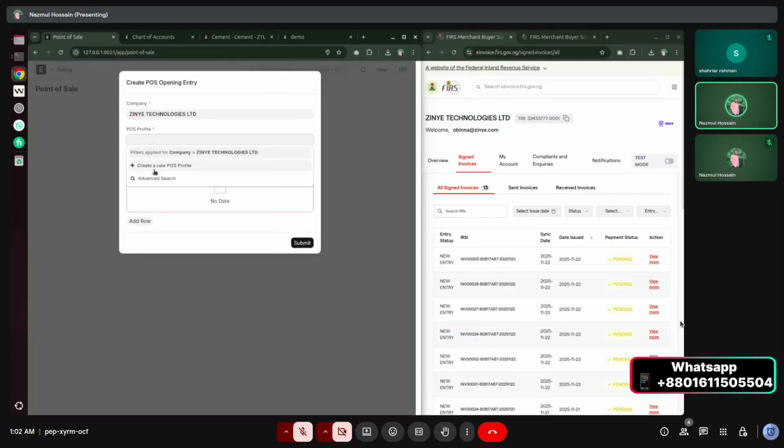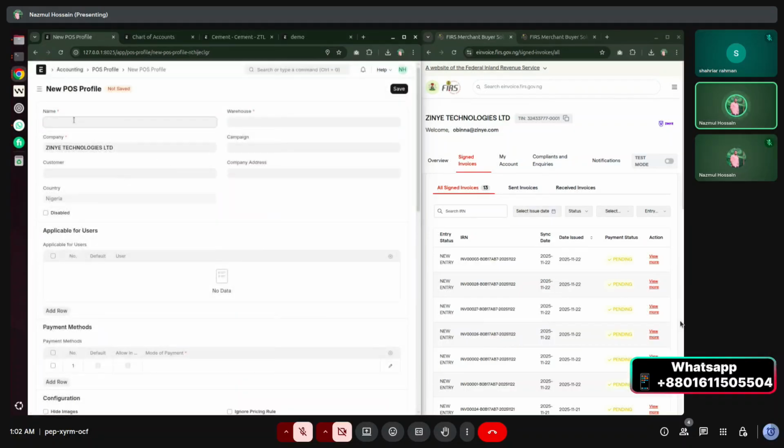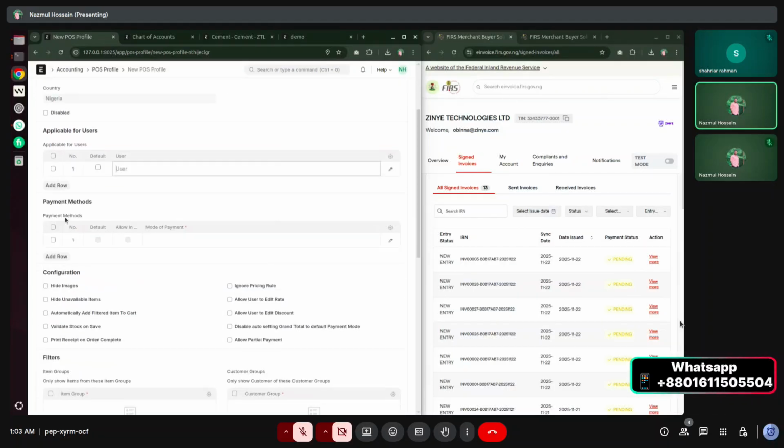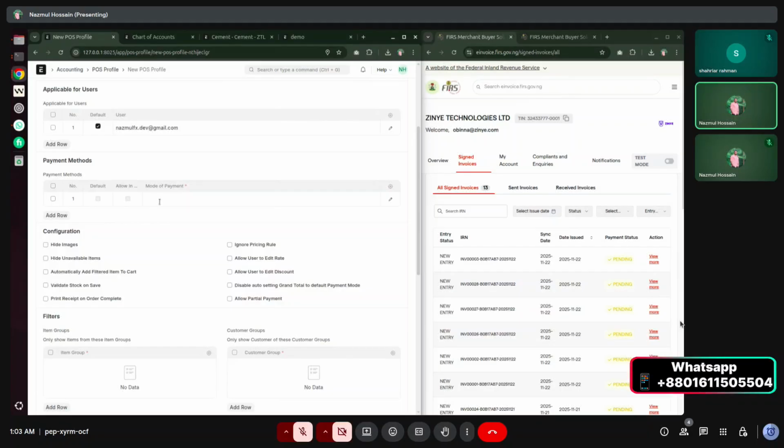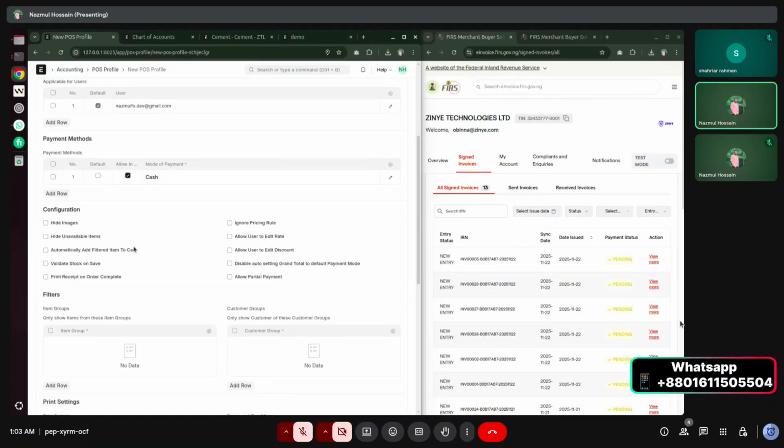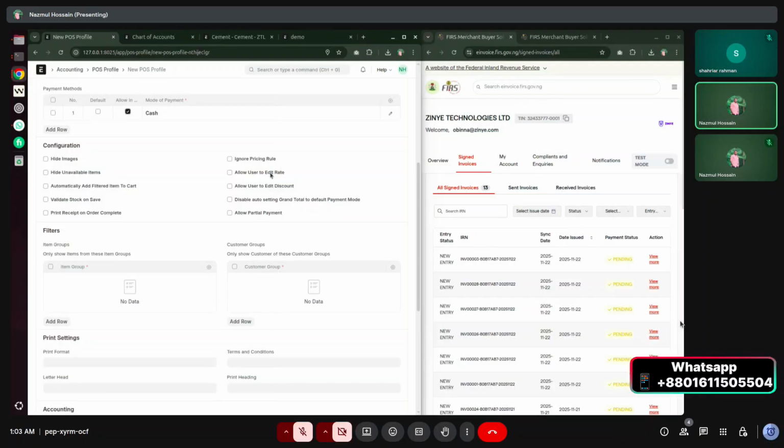So it's asking for a pause profile. So let me, outlet one, and warehouse store, applicable user is Nazmul Hussain. This is the default user, let's say, and say we have add cash, and this is the default, and allow user to edit rate, it's okay. Allow user to edit discount,